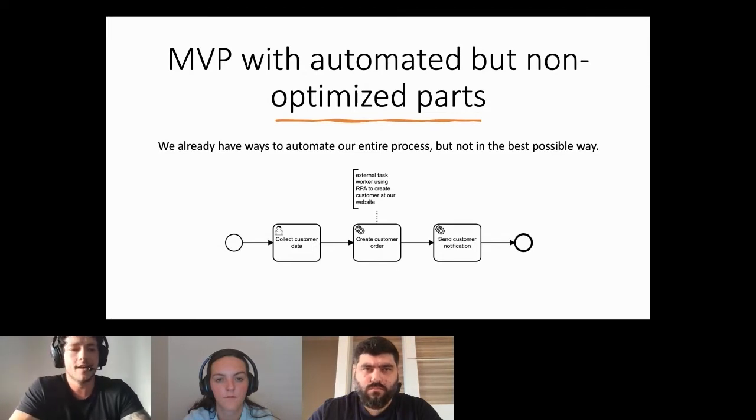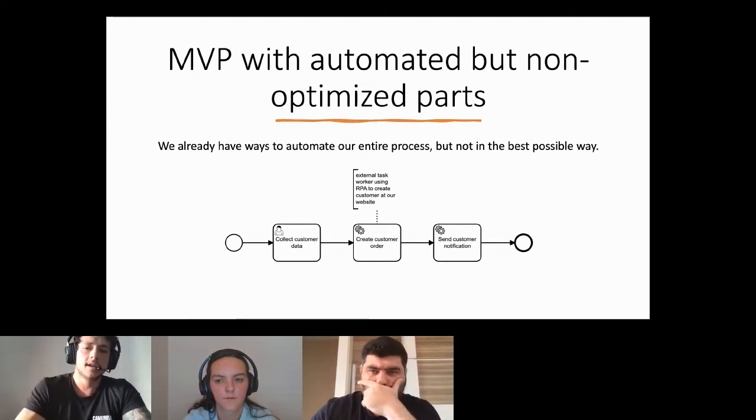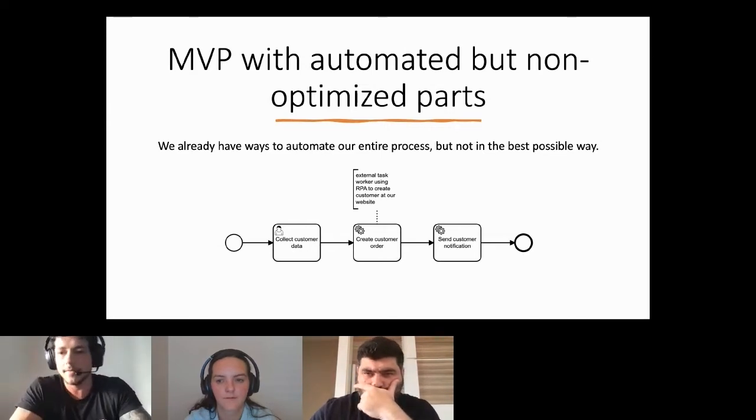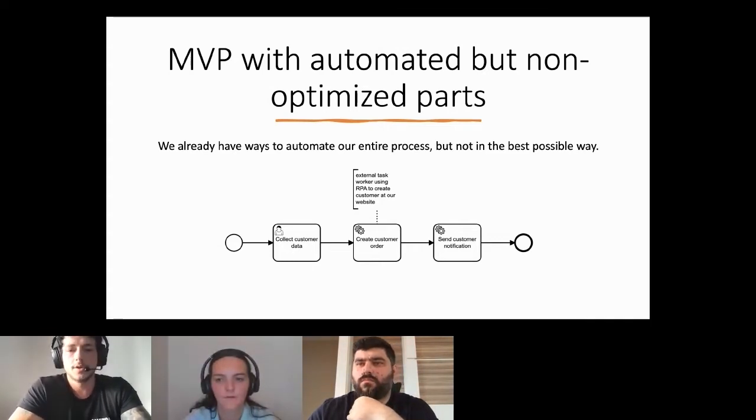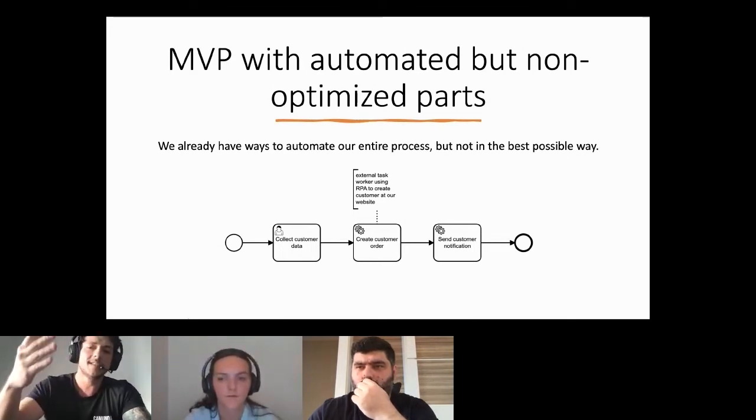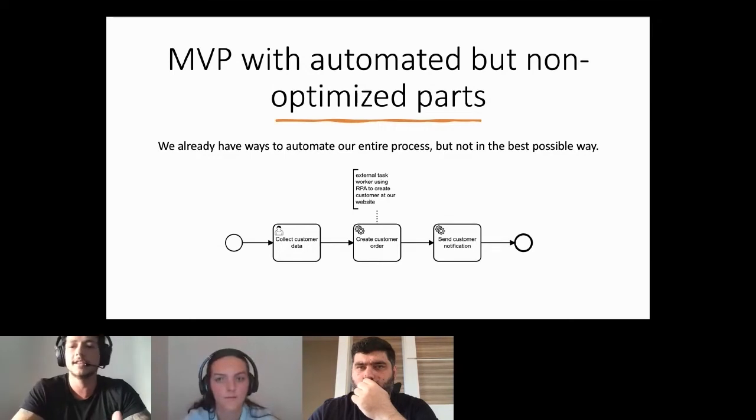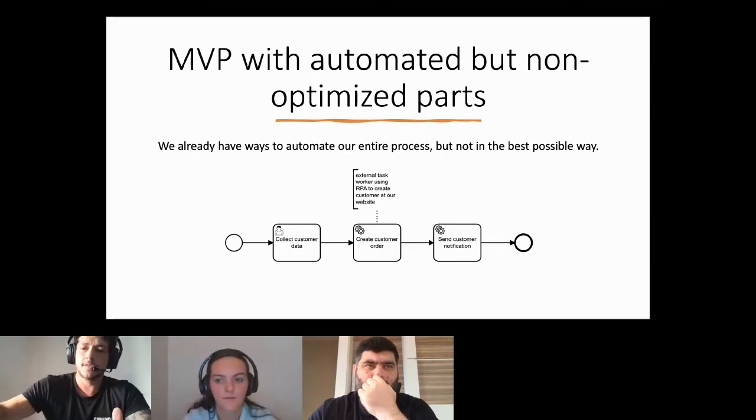We just had our old website, or maybe a website or API of another company doing the same thing, and we could use this website to do what we want. But as it was a website, we needed to use robot process automation to open the website, click buttons, do what we want, and then let our process flow.